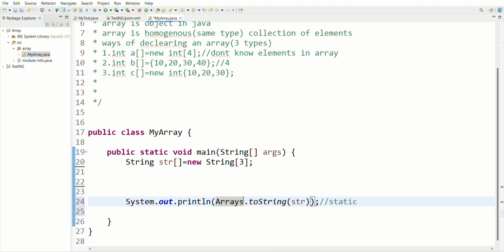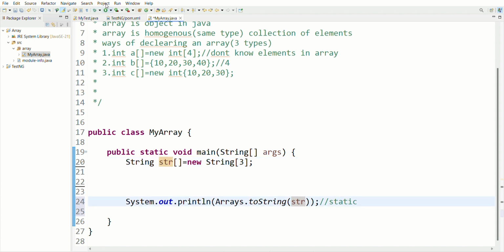When a method is called with the help of class reference, it means the method must be static, because static is class level. When we use class dot method name, the method must be static. And I am passing here the array name, str.